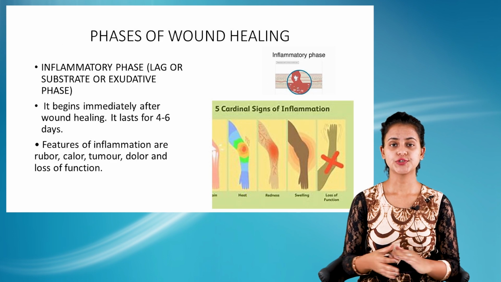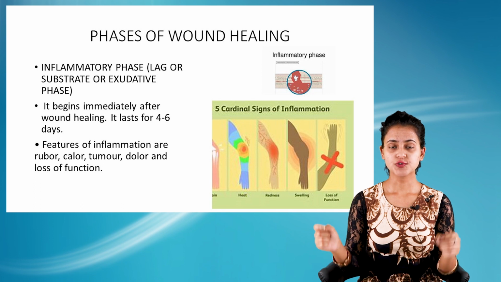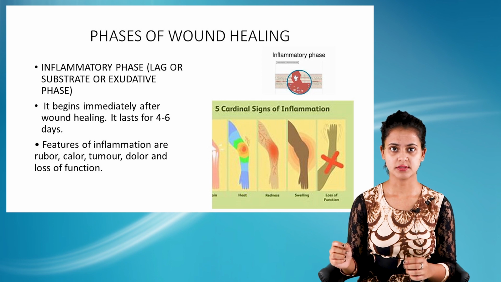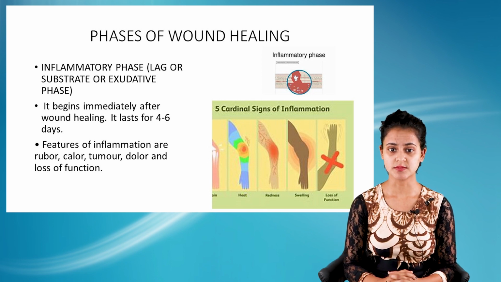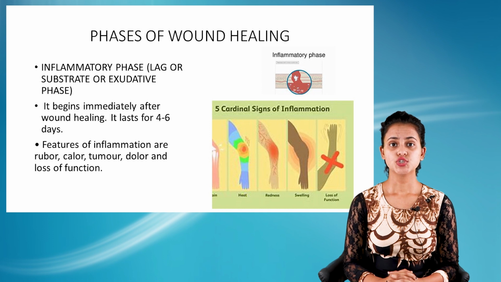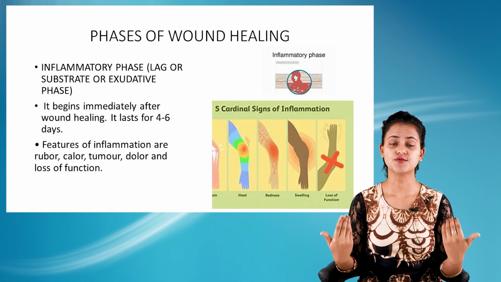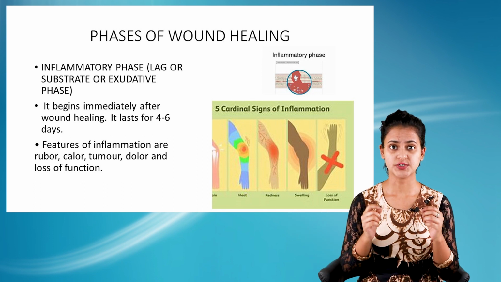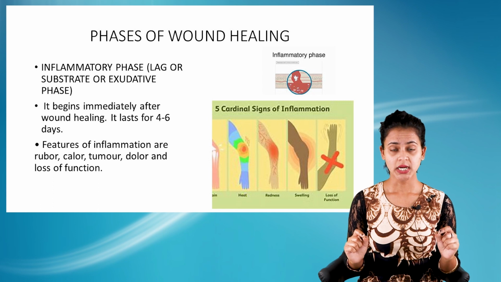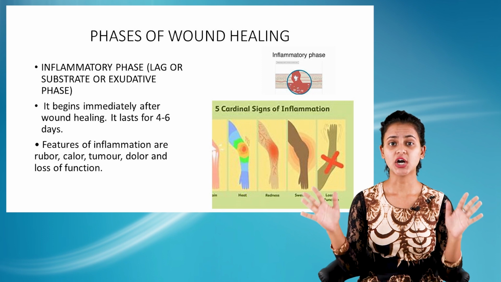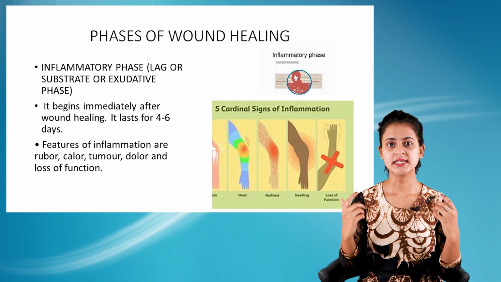So now we are going to look into the stages of wound healing. The first stage of wound healing is the stage of inflammation. The inflammatory stage is often termed the lag phase, substrate or exudative phase. This inflammatory phase begins immediately after the wound has occurred. It will last for 4 to 6 days after the initial trauma. The features of the inflammatory phase include the 5 major cardinal signs of